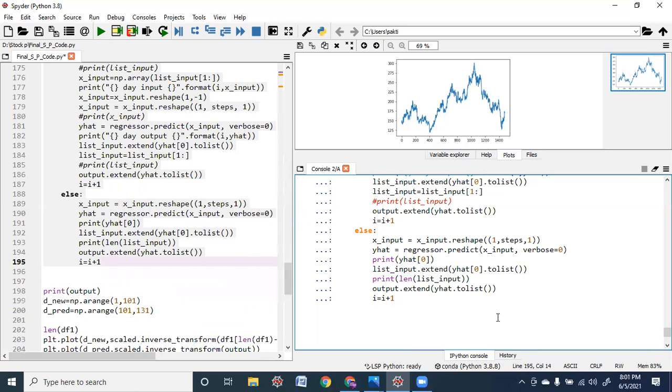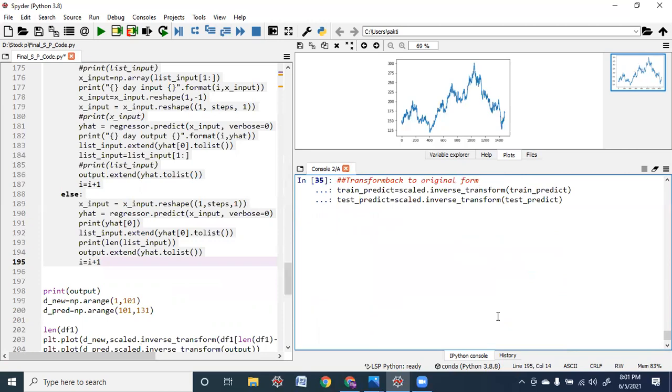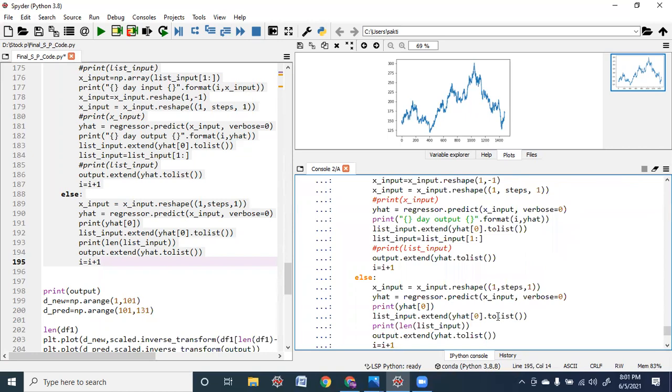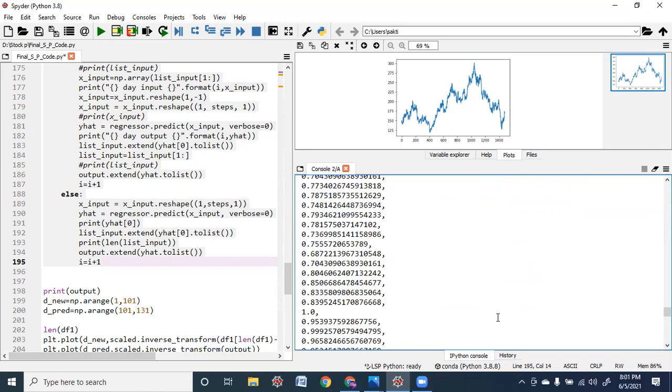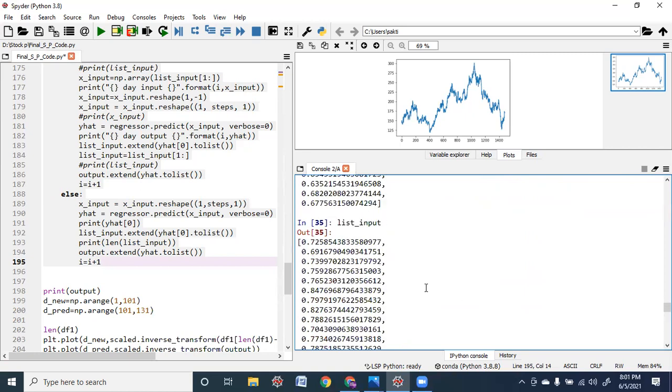Now let me just show you those 100 records once again. So here, leaving out the first record, the first record is considered only for the else part of the while loop in the forecast for 30 days.